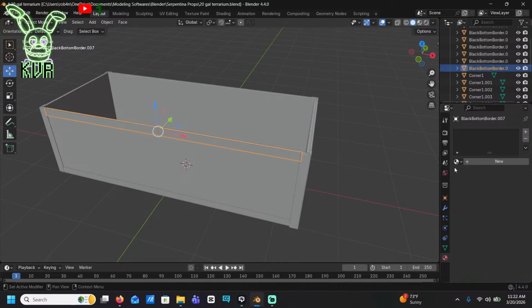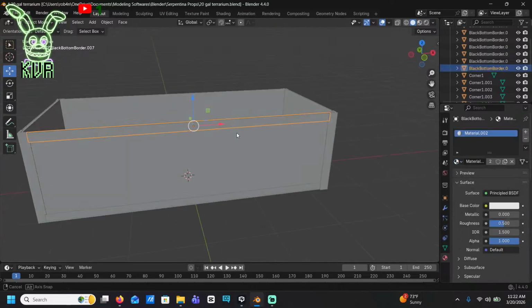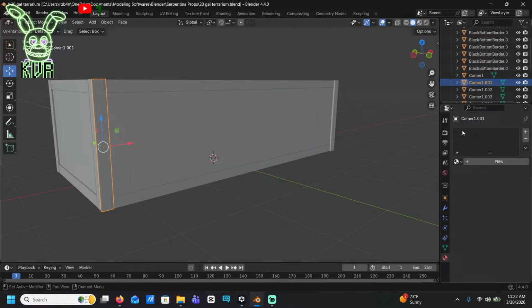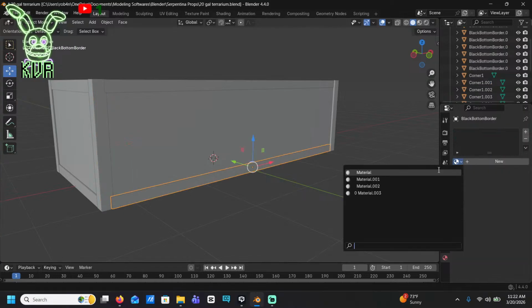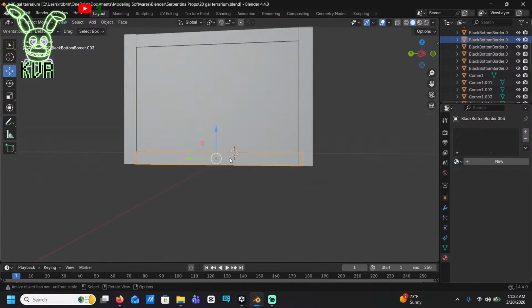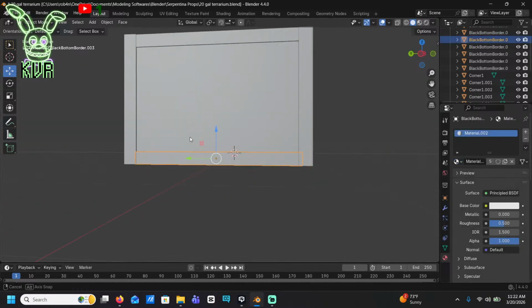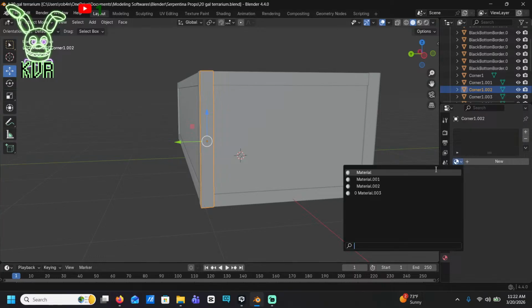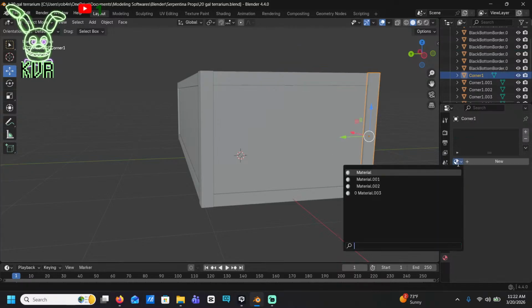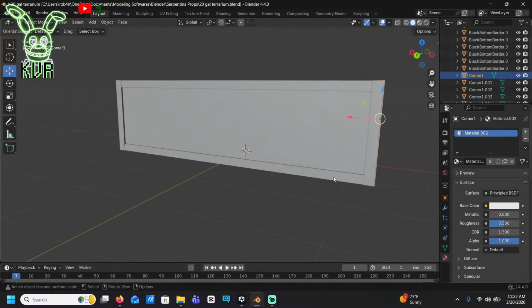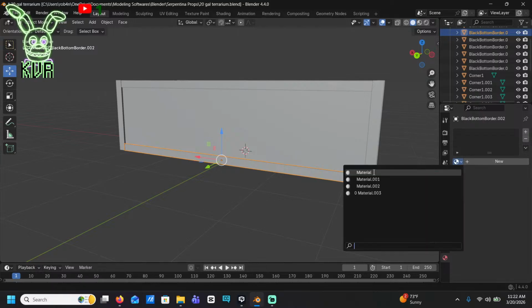Okay, so you get that, and you get this. I really wish I could apply these normally. Material 2, and material 2, and did this one get one? No, it did not. Material 2. Material 2.